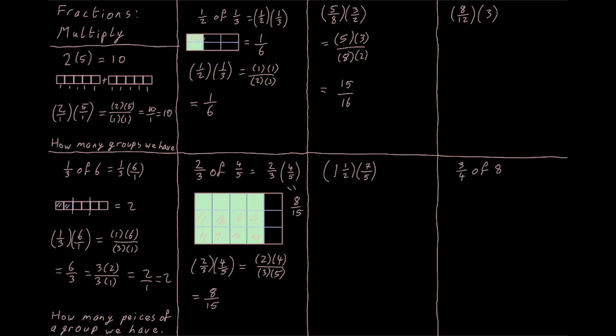Because we have a mixed number, we should also keep an eye, particularly as we get into more advanced questions, is there any simplification we can make to our fractions? But I can't see any obvious ones here, so we're going to just turn our mixed number into an improper fraction. So we have 1 is the same as 2 over 2, so we'd have 2 halves plus 1 half would be the same as 3 halves times 7 all over 5,